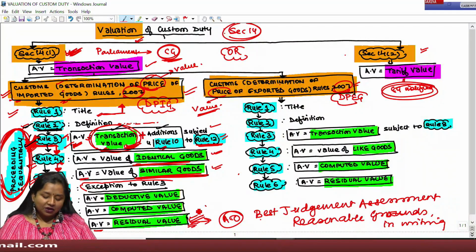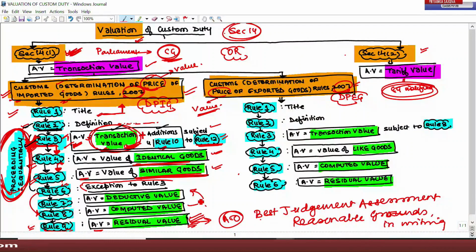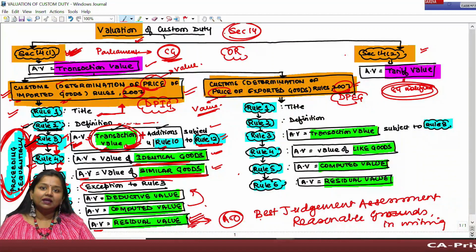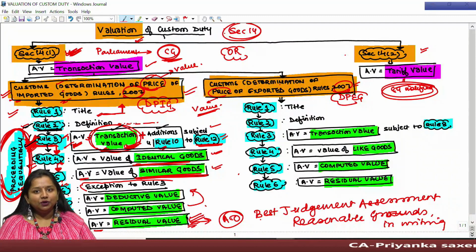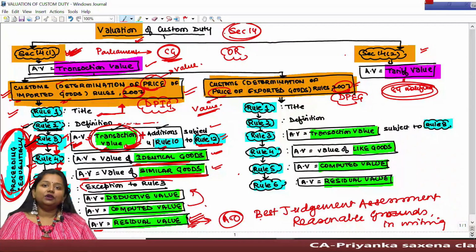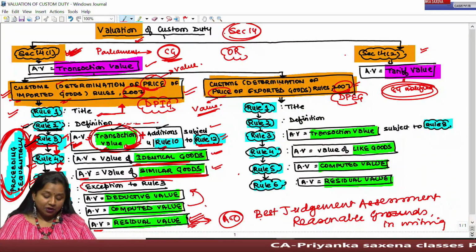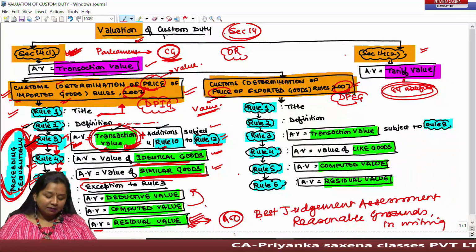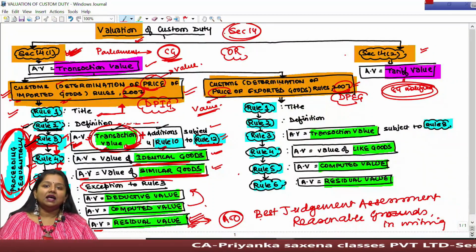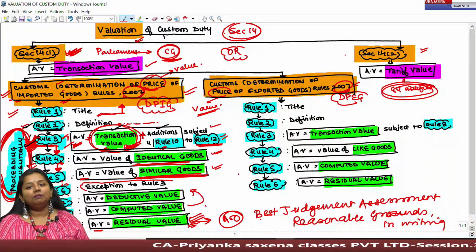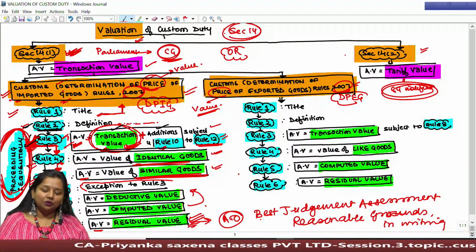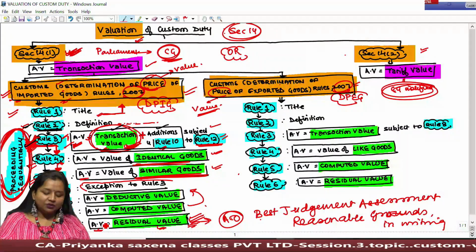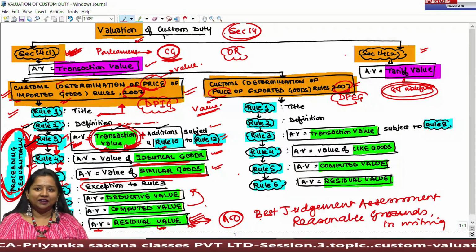However, if rule 8 cannot be applied, then you can vice versa move to rule 7, wherein importers shall be liable to sell such goods in the Indian market within 90 days from their importation, out of which all the post-importation expenses shall be deducted for determining the assessable value at the Indian port. But if both these rules cannot be applied, then by proceeding sequentially under rule 9, the assessing officer shall have the power to apply his best judgment on reasonable grounds given in writing for determining such value, which is known as residual value, which shall be taken as your assessable value.